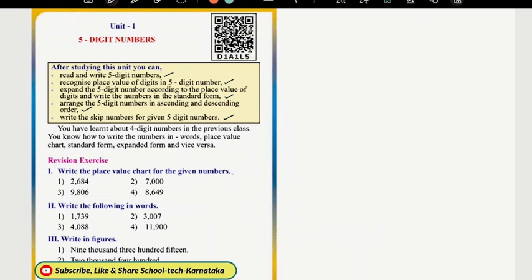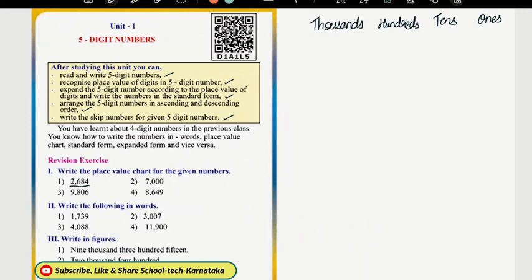As you know, we start the place value chart from ones, tens, hundreds and thousands. Let's try to write the given numbers. The first given number is